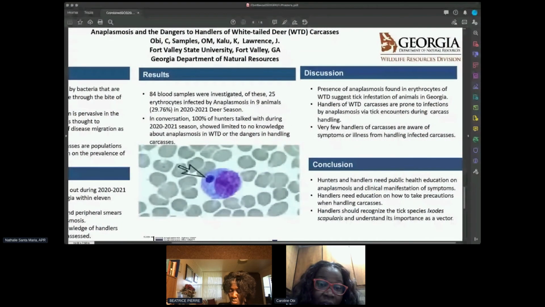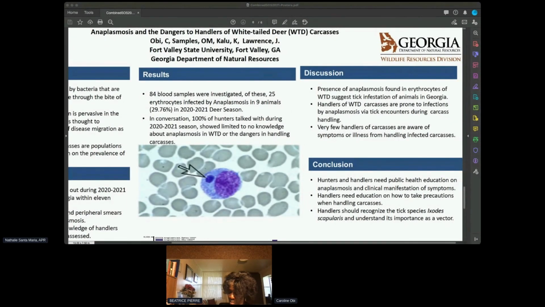And the results: about 84 blood samples were investigated, 25 erythrocytes, as well as some leukocytes, showed what is called a morula, as you can see in the purple granulocytes right there, and displayed non-specific febrile